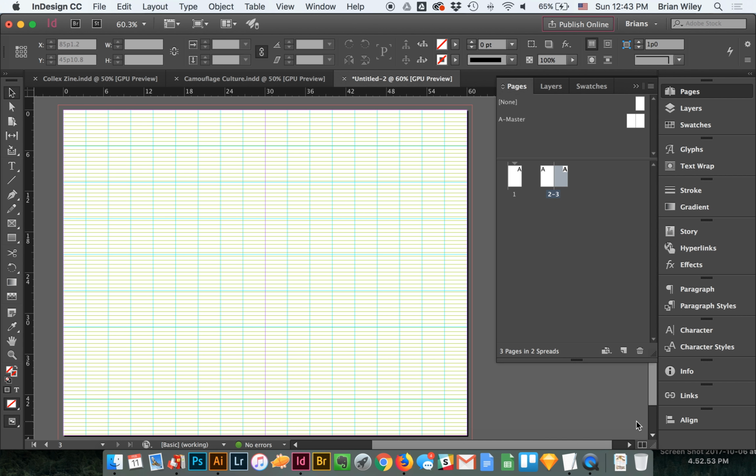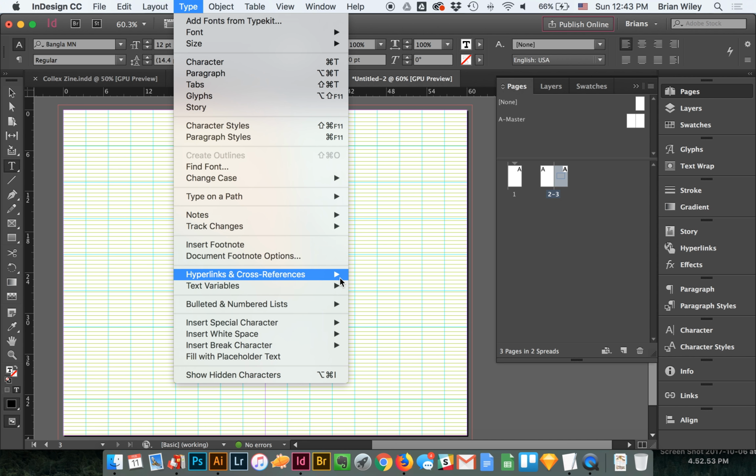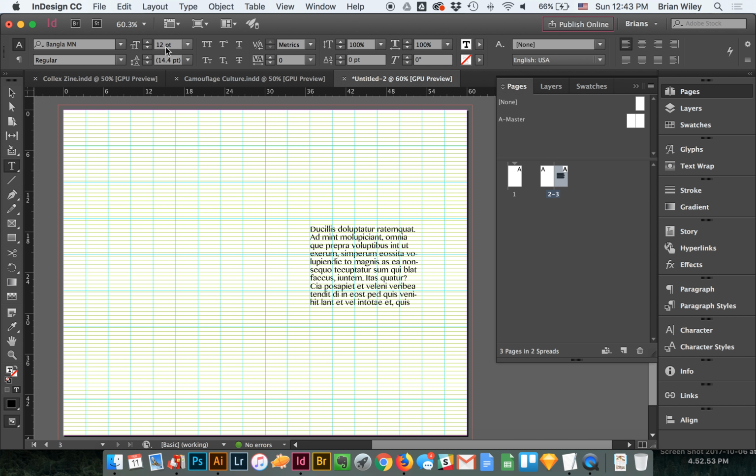And you can see again that the 9 over 9 gets close, but it's not quite there. You get a little bit of disparity, like a quarter leaded line, and then it just about hits right on there. That is, for me, a lot of times good enough. I might start dropping in some text, and just as an example, I'll put some text in here, and I will actually go ahead and use fill with placeholder text,